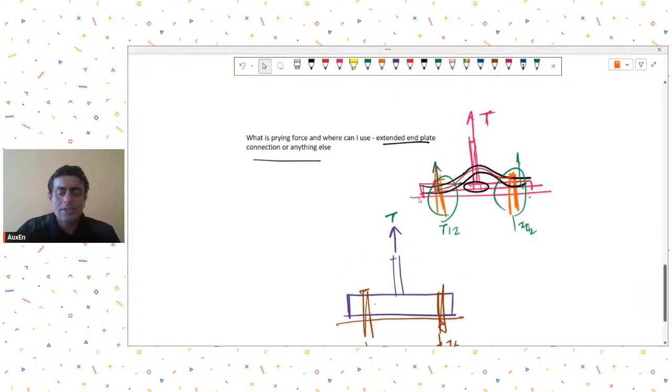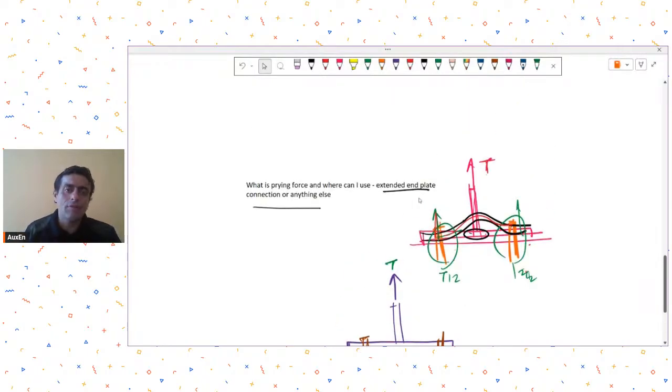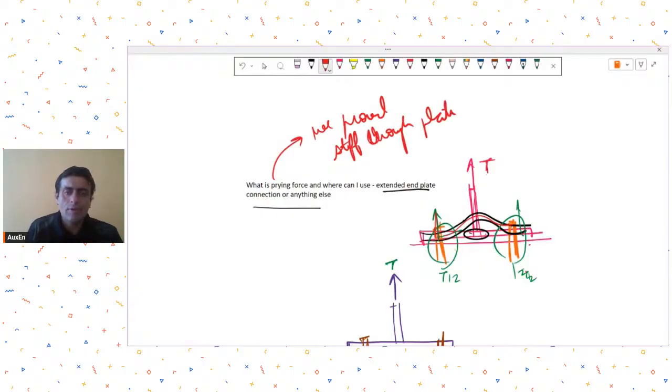So to resist prying, instead of designing for prying, what we do is that we provide stiff enough plate thicknesses. We provide stiff enough plate thicknesses so that prying will not be a problem. This is the general strategy that we adopt. Okay,